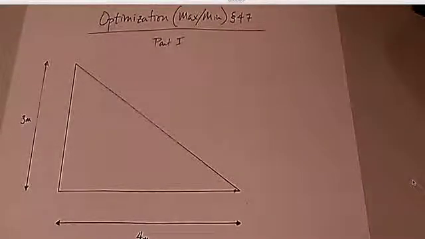Alright, so 4.7 is what's called optimization problems. It's another one of those really great sections that shows you the application of the derivatives and what you've been doing with the derivatives up to now. Now, what I'm going to do is give you an entryway into optimization problems, which back in my day were called max-min, or perhaps that was just